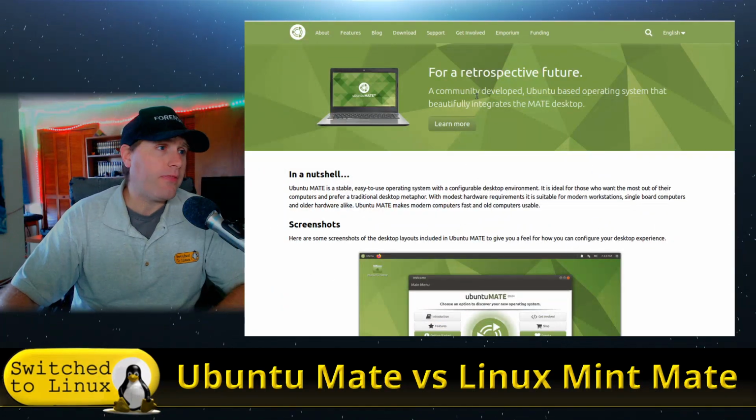I'll say at the outset, the MATE environment itself is not my favorite overall, but it is very good. There's just something in it that doesn't jive with me, and I have never quite figured out what it is. Overall, though, it is a very good desktop, and what we want to do here is have a look at what both of these two have to offer, and play around with them in a virtual machine. So looking at their websites,